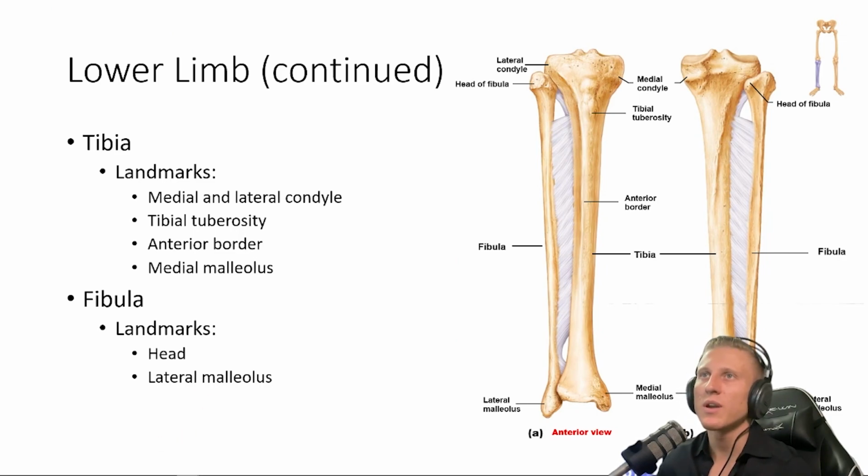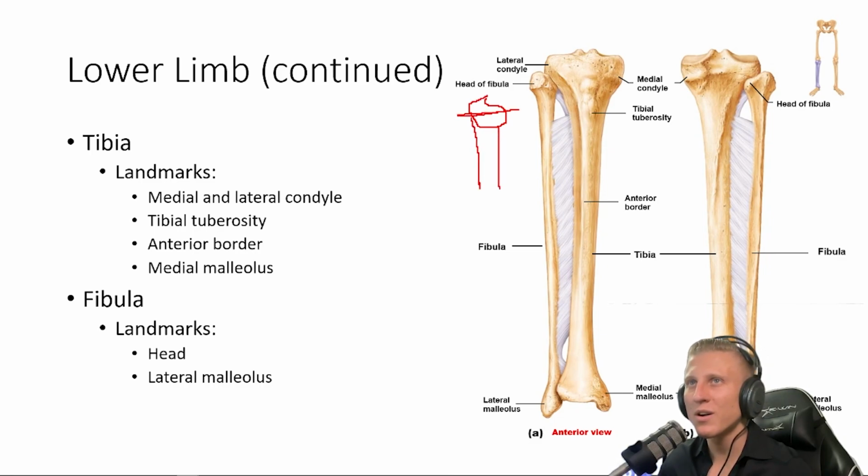sticking point. What I would say is the head is shaped kind of like this, right? And then we have the shaft of the bone here. But overall, it's more flat, okay? Down here with the inferior surface of the fibula, the lateral malleolus, this is much more like this sort of a shape,